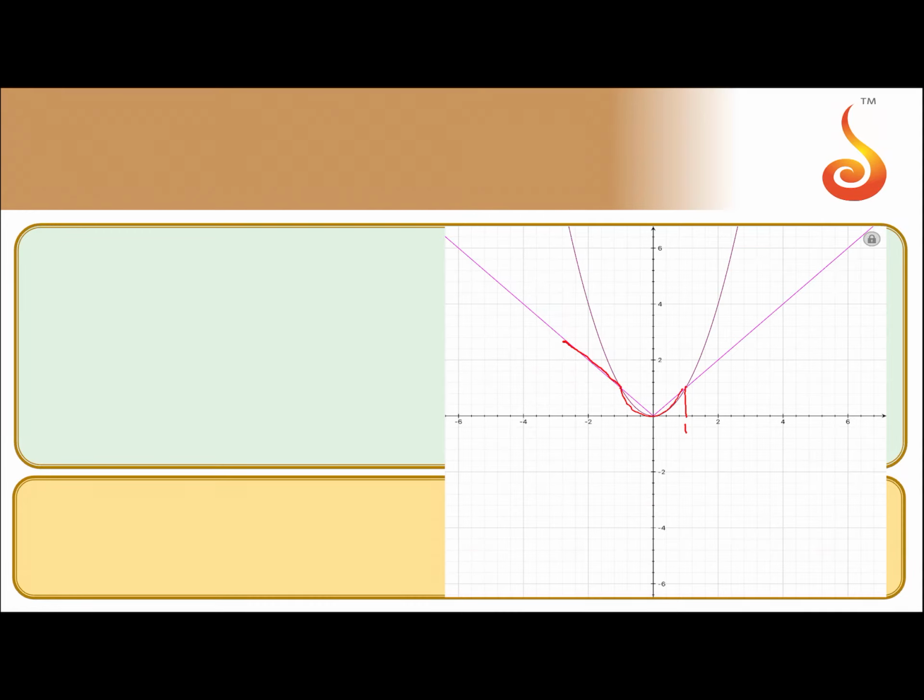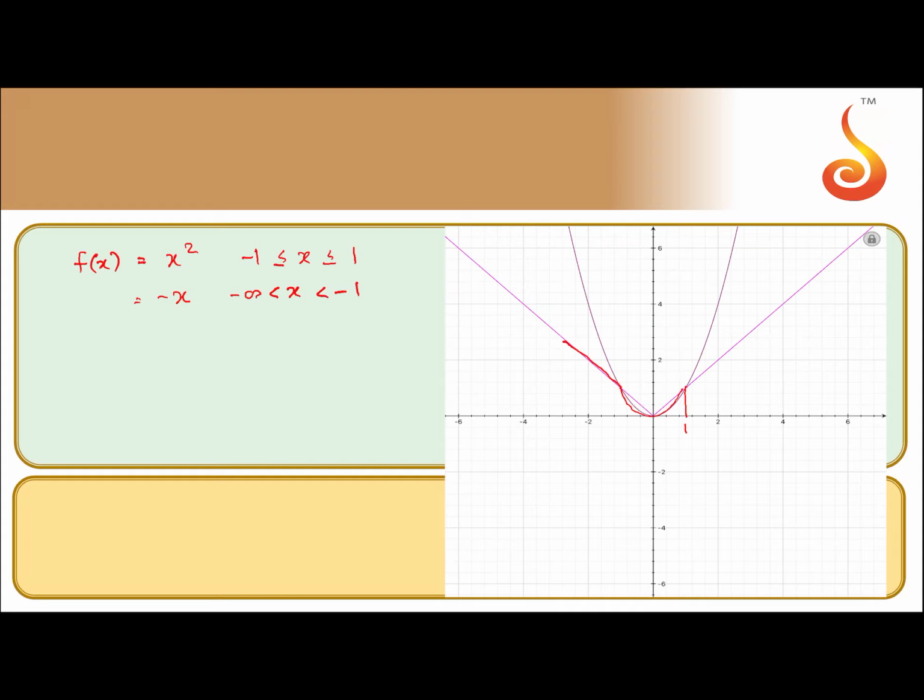Okay, so I'll draw separately here. So the minimum value of f of x is equal to x square whenever x lies between minus 1 to plus 1. That will be the minimum. Okay, further, what will be the minimum? Further, x square is given to you, further will be mod x, means minus x, whenever x is lying between minus infinity to minus 1. This will be it, basically.